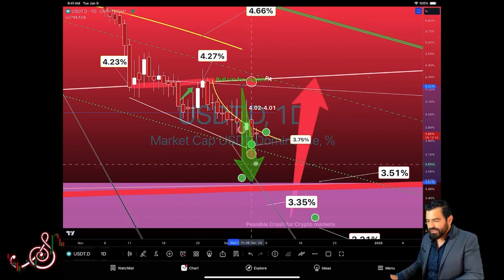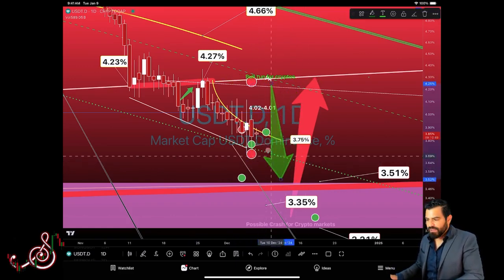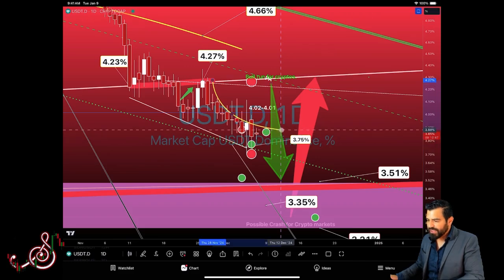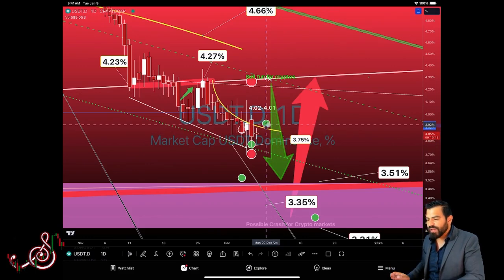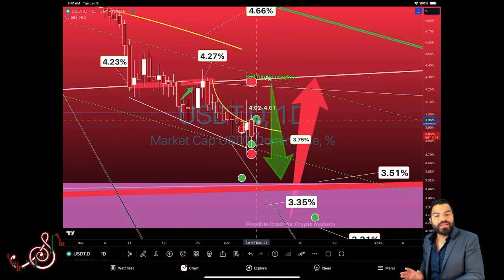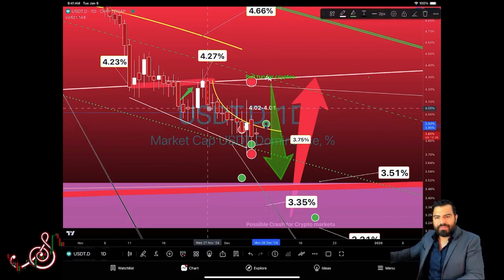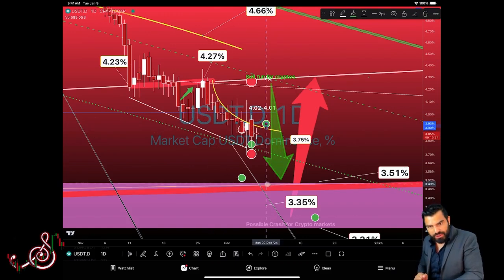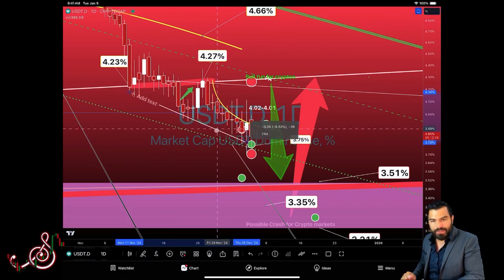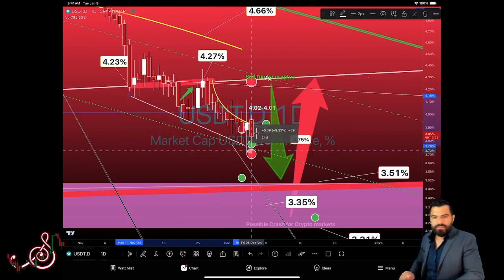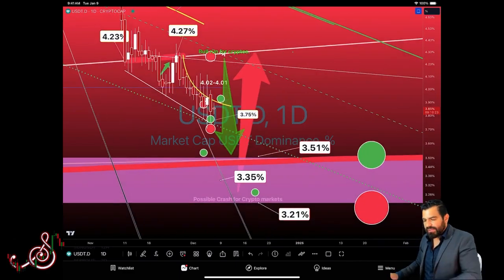Okay? This still tells us there's still room to play. There's a larger curvature here. We can adjust it somewhere about here. And I can know with a smaller degree of confidence, if I'm getting here, then I may have a chance for a pullback. So then I want to take some profit. But right now that has not happened. So we still want to be bullish cryptos. And I'm going to talk about this white line right here in just a moment. But there's the main areas, 3.35.